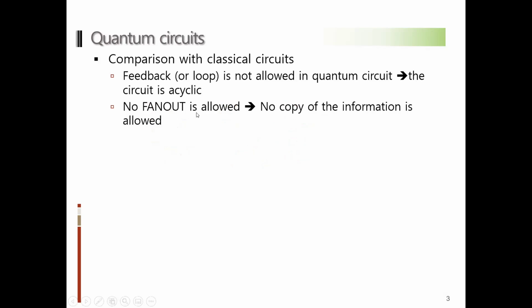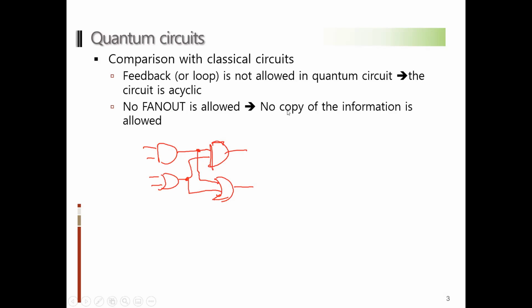Another important fact is that no fan out is allowed. What do I mean by fan out? You probably know that when we are designing some kind of digital logic, something like an AND and OR gate, and then we might combine the result of this one with some kind of AND gate, but that's not the only way we do. We might also reuse the same output value of each of the previous stage for another gate. This is perfectly fine with the digital logic, but this is not allowed in the quantum logic,